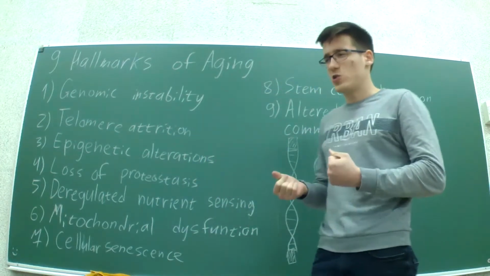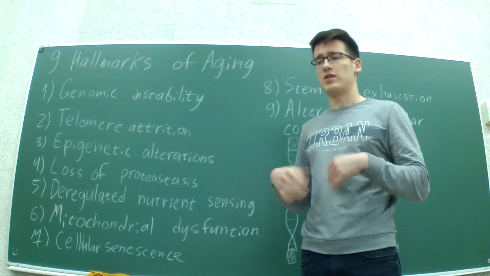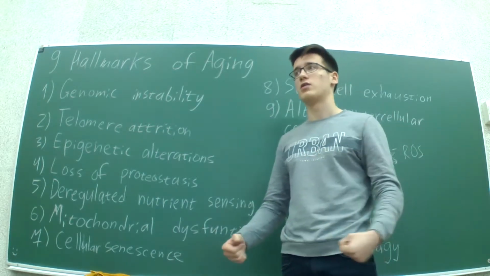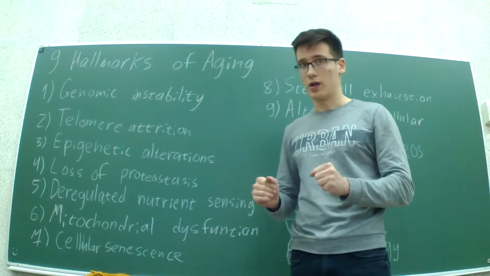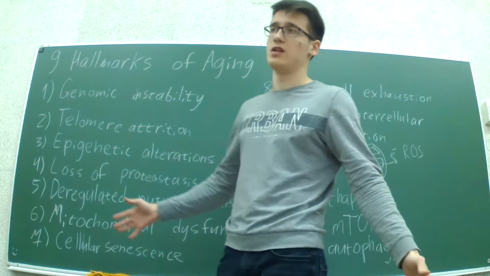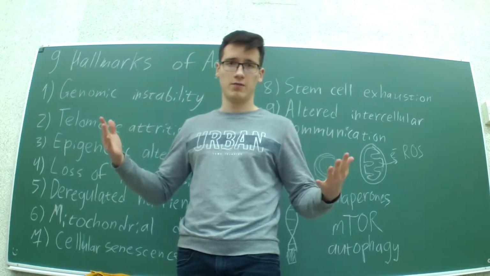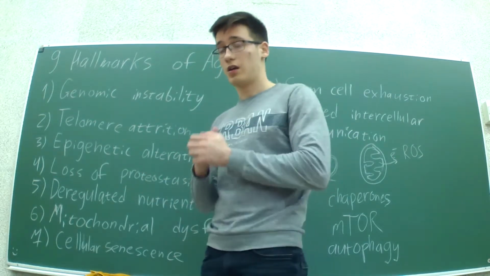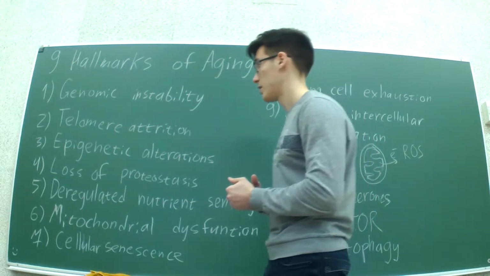And as we age, the telomerase production becomes less and less efficient. We have less and less telomerase in our cells, and our telomeres become shorter and shorter and shorter. Okay? And at the end, their length becomes 0, and then our DNA damage starts, loss of genes starts, and all the other harmful consequences.